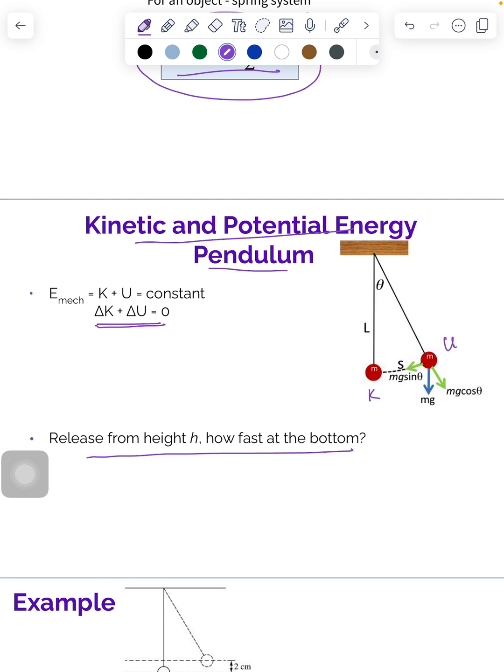So all the potential energy here will become kinetic energy at the bottom, so U equals K, and it wants to know how fast at the bottom, so we're going to plug in our equations. mgh equals 1/2 mv squared. Our m's cancel. We get v is equal to the square root of